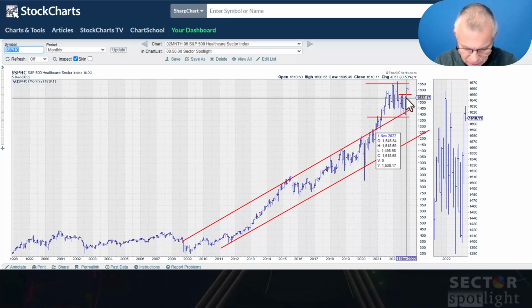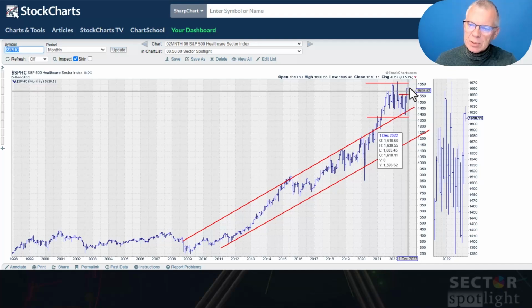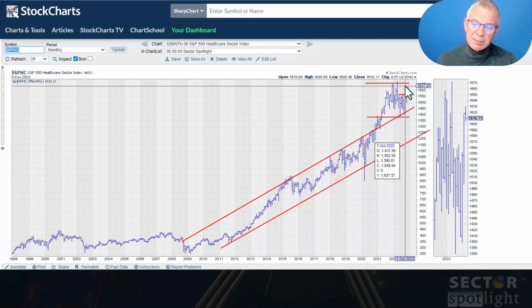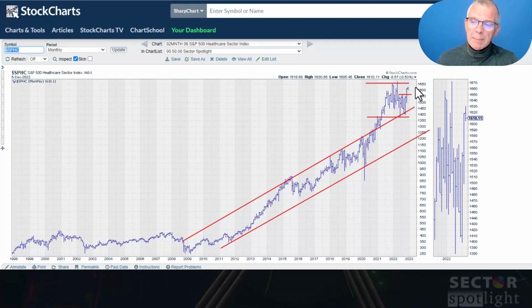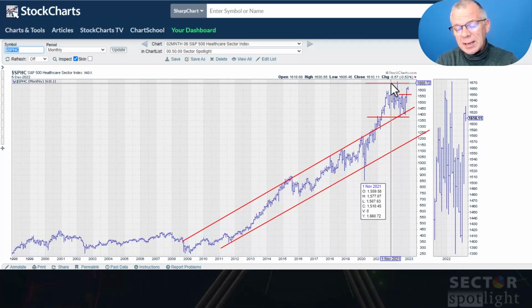So this is actually one of the stronger sectors inside the universe, with, I think, limited downside risk, and well, limited upside potential as well. But if we take out that previous high, then healthcare is pushing to new all-time highs. And that, as you know, is usually a very strong sign. Again, a defensive sector.